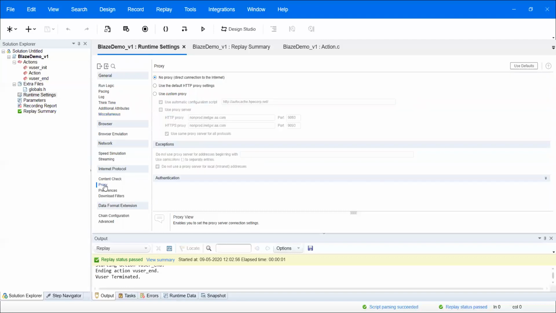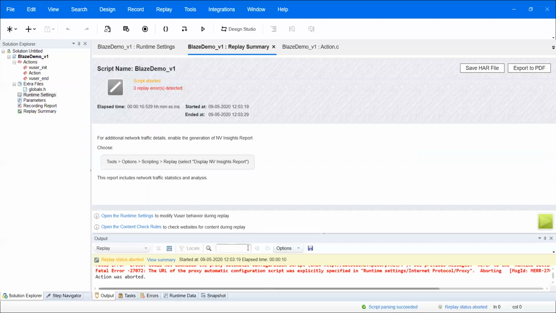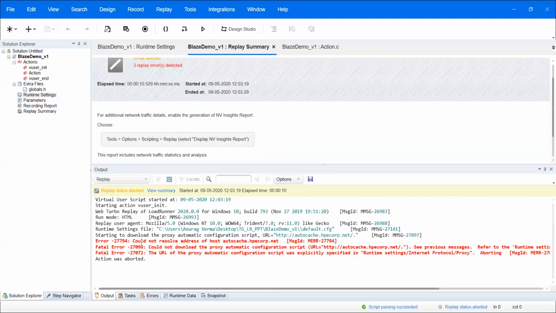Now comes point number 4. Every time you record your script, by default it will take your system proxy. Now if you execute, maybe during the replay your script will not pass, and will throw some error. Okay, now I just execute that and see what error it is going to throw. Okay, so it is running. It is telling that it could not resolve the IP address or something.